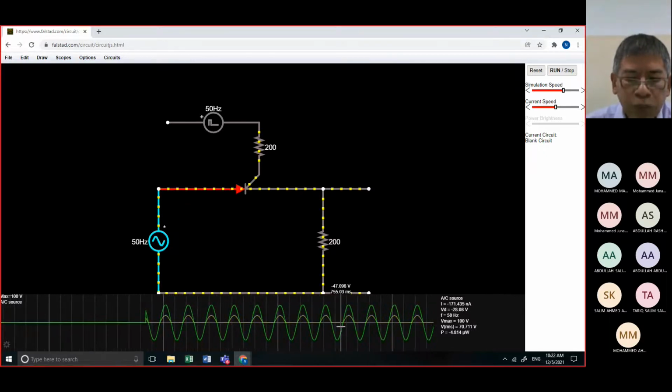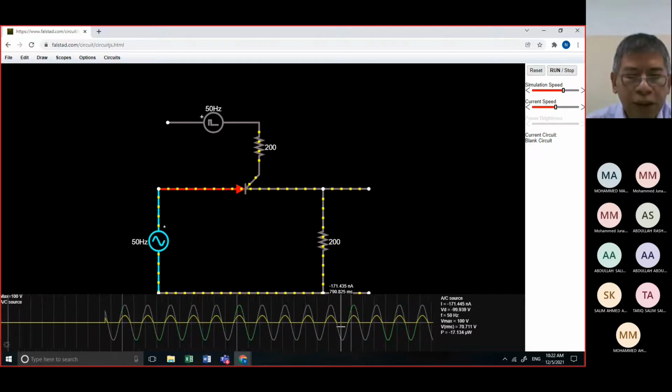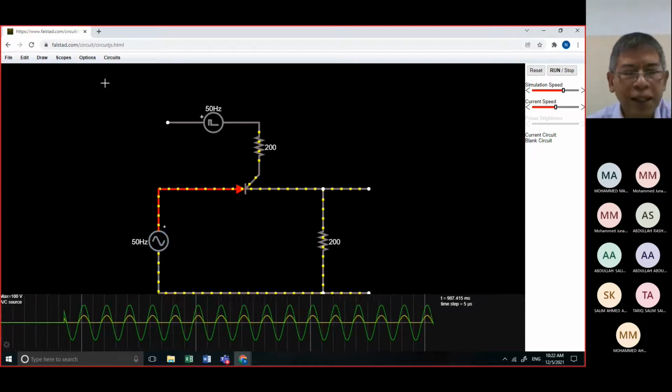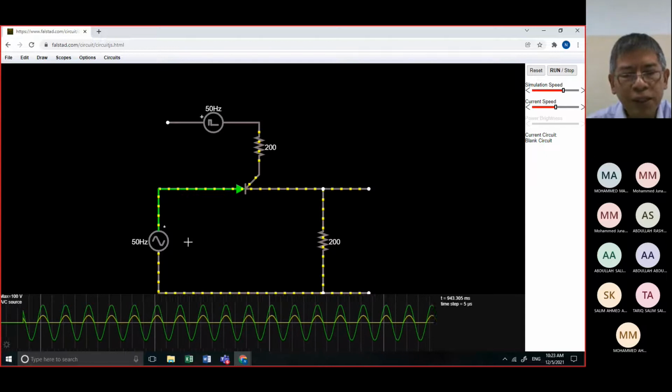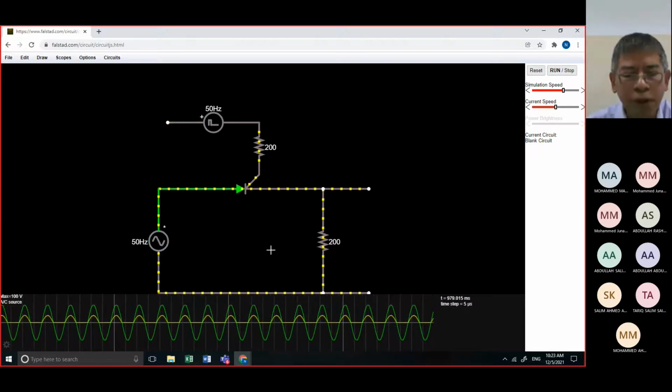Actually, the output is the same as the output of the uncontrolled one. So this is now a controlled rectifier. I will show you that upon changing the value, you will see the difference in the waveform output.